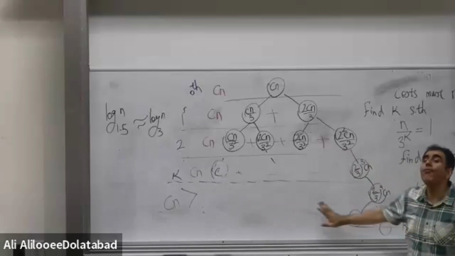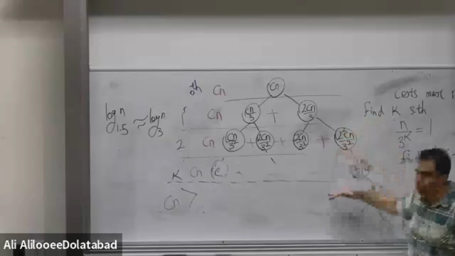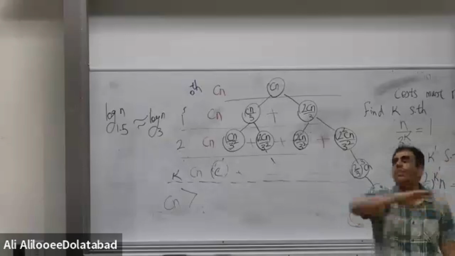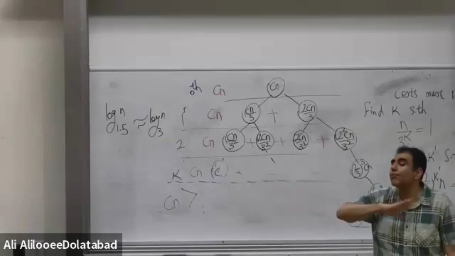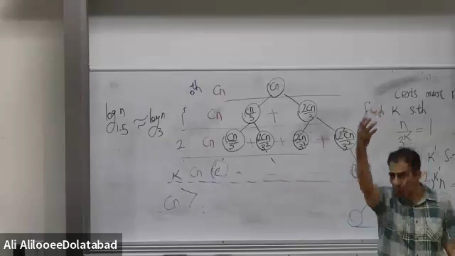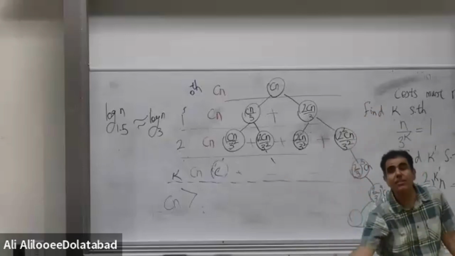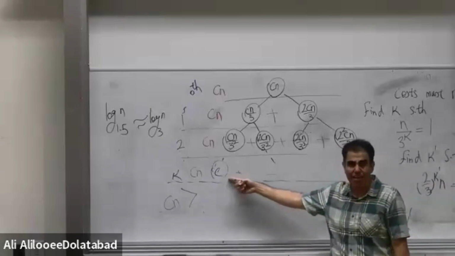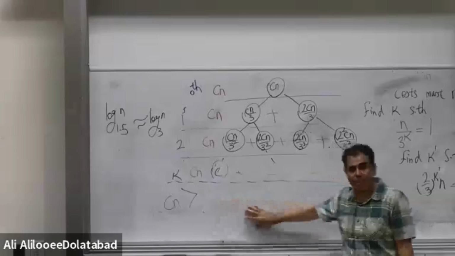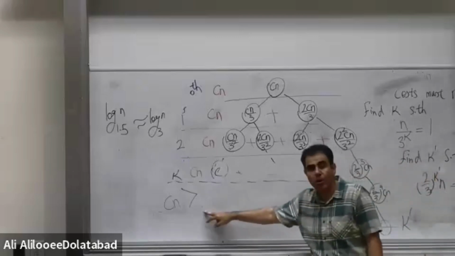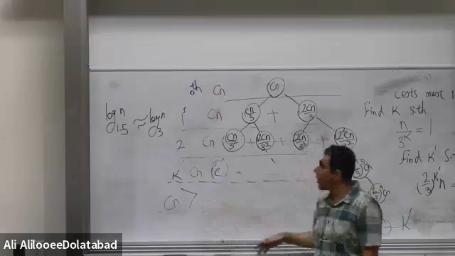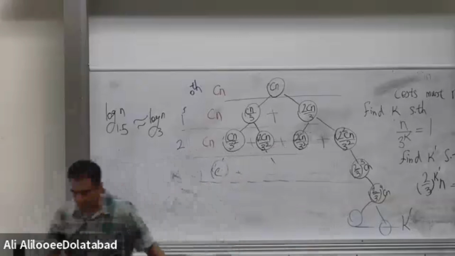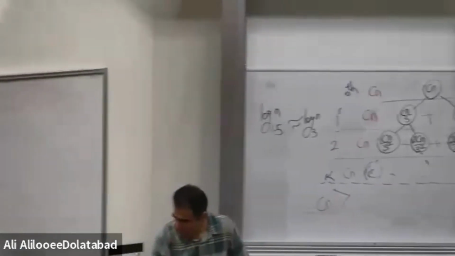If it was full, the cost still would be Cn, as you can see in the slide. In the slide, since we assume every level is full, the cost of every level is Cn. But in reality, the cost of every level is not Cn. Until level K, the cost is Cn. After level K, since there are some missing nodes, the cost is smaller than Cn. Then when you want to find Tn, you just need to add the cost of levels. Then it can be written in this form,